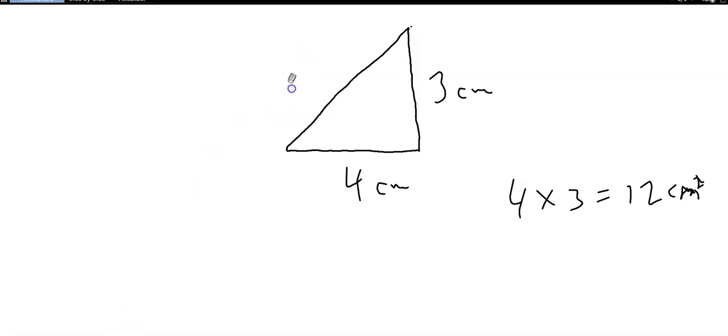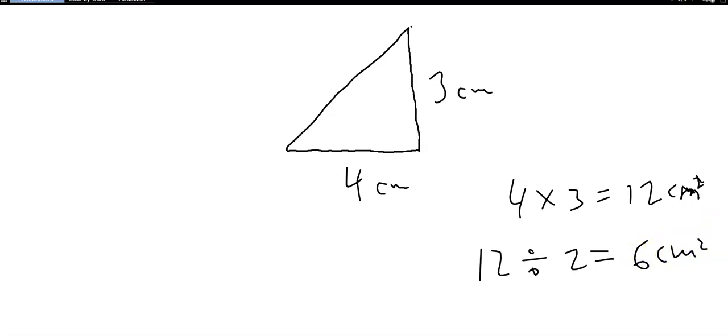So if I erase half of it, now I just erased half of the area. So a triangle has half of the area of a parallelogram. And therefore, we have to take the overall area that we had before. We just multiplied 4 times 3. Take that, which was 12, and divide it by 2, because a triangle has only half the space that a parallelogram used to have. We don't have that part anymore, so we take it away by dividing the overall answer by 2. So 12 divided by 2 in a triangle here would only be 6